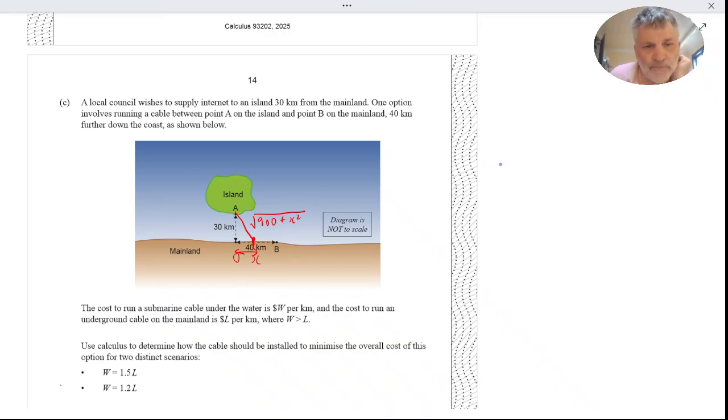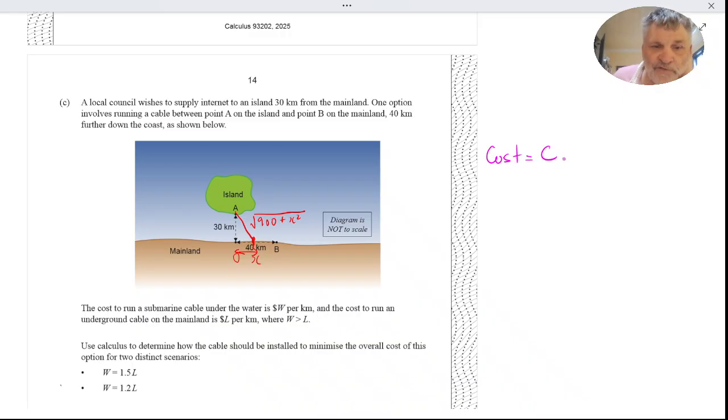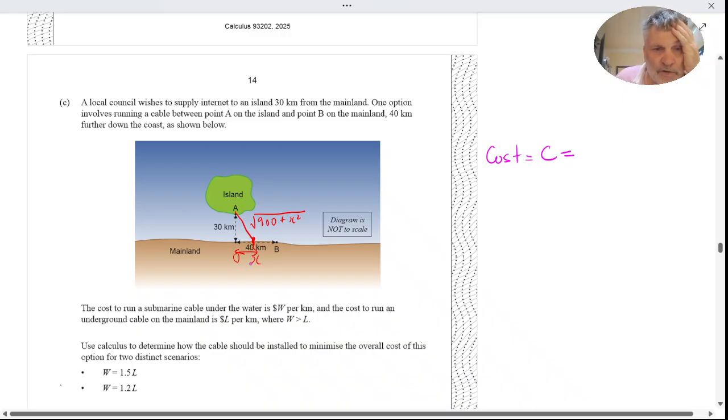Now we need to look at the cost. They've used W and L for water and land, so let's use C for cost. It is helpful when you're reading these things back to use variables that make some sense. We need to formulate a cost equation. Well, the cost is how much